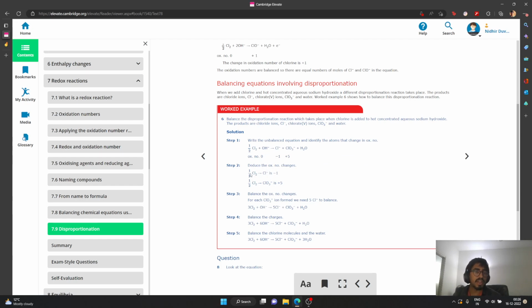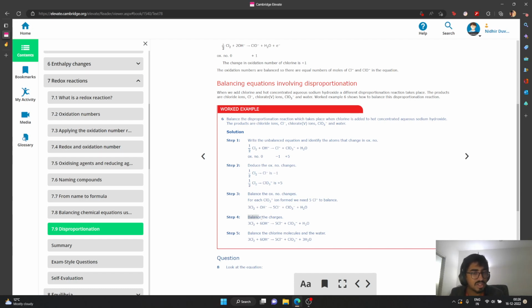So then this will become 5 by 2 Cl2, and then you'll have a Cl2 here. So when you add them, now the like terms will add up. So 5 by 2 plus 1 by 2 will be equal to 3 total. So you have 3 Cl2 and rest everything else just checks out. So 5 Cl comes from here, but then this is just single one, and then you have an OH minus which comes from here at the top. Okay, just try to follow this slowly, and then you add the non-participating atom also in the middle. So this will be our complete reaction,